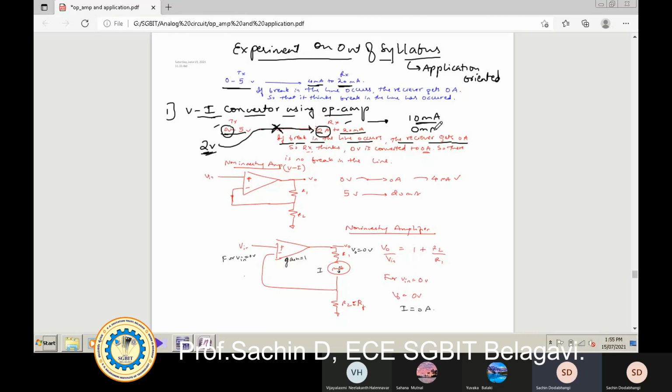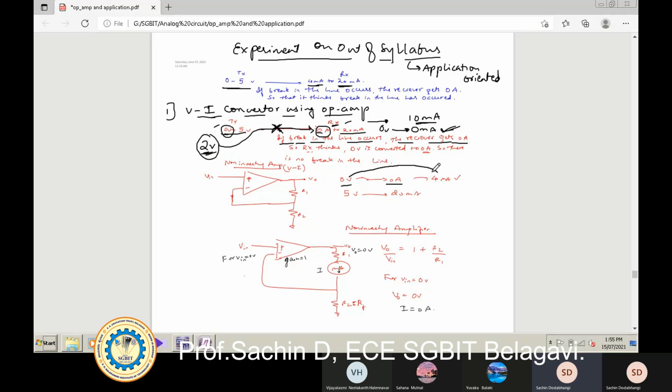So what does the receiver side think? He thinks the transmitter is sending 0 volt. For this 0 volt we are getting 0 milliampere, but actually the scenario is that the transmitter is sending 2 volt, and due to this breakage in the line, the receiver will not come to know there is a breakage in the line. To overcome this problem, what we do is, instead of transmitting 0 volt as 0 ampere, we will transmit 0 volt